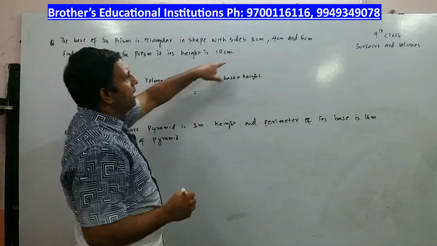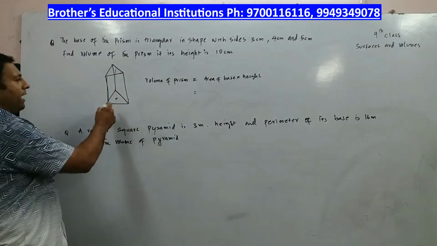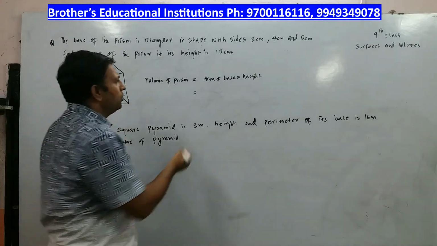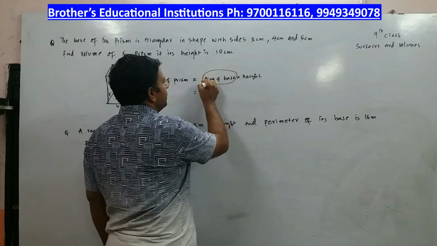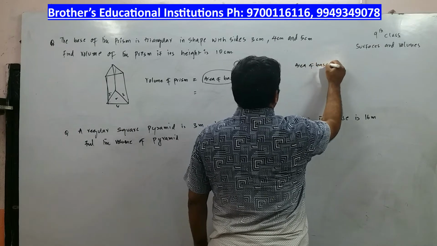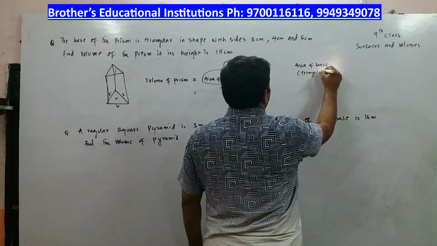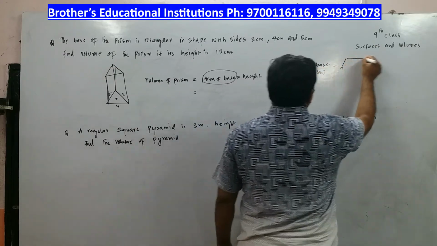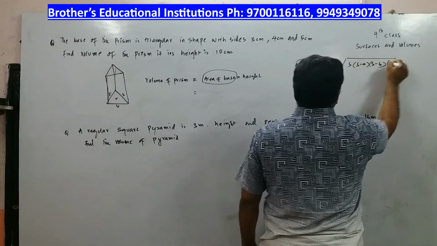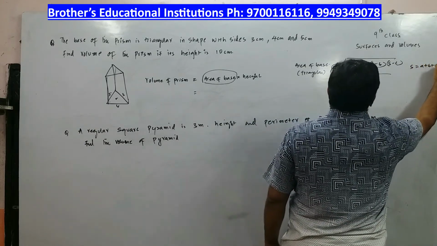Now if you can see very clearly, 3, 4 and 5 are the sides of a triangle. So one is 3, one is 4 and one is 5. So when sides of a triangle are given to you, you are supposed to find the area of the base. So here let me work out area of base. Area of base is what? How do you calculate the area of the base? It is under root of S into S minus A into S minus B into S minus C. Where S is the semi-perimeter. S is given by the formula (A plus B plus C) by 2.